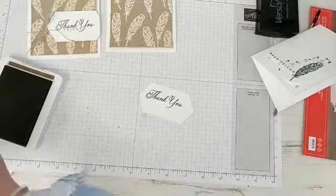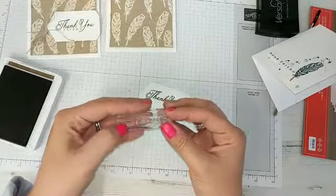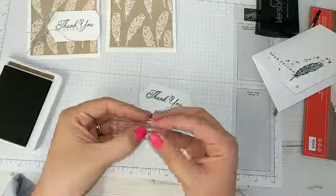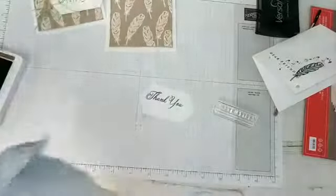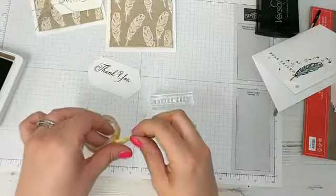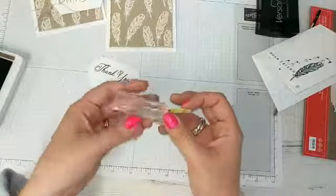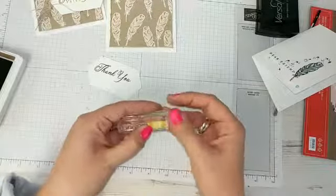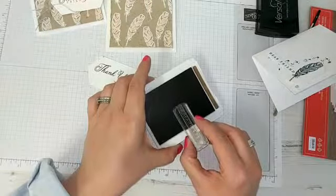And then I'm going to show you a little trick with the dear friend. So dear friend is 1 stamp. 2 words, 1 stamp. But you'll notice on this particular card, you've just got friend. So here's a little trick with your sentiment stamp. We're going to use some washi tape, just a little piece. And what we're going to do is we're going to use this to mask over the word that we don't want to stamp. Okay, so we're just going to cover that up,